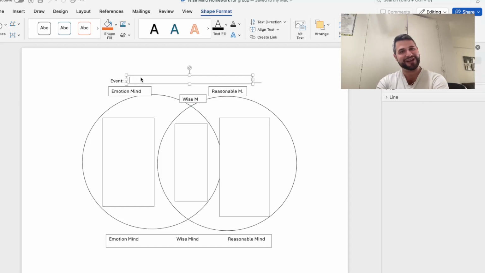I have one from yesterday, and emotion mind definitely had me. If you're one of my clients, you might know this. If not, thank God, me and my wife are pregnant, and we're going to experience, God willing, soon the birth of our child. So this is a very exciting time.